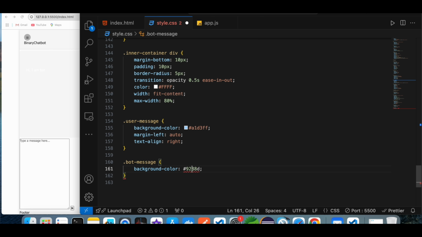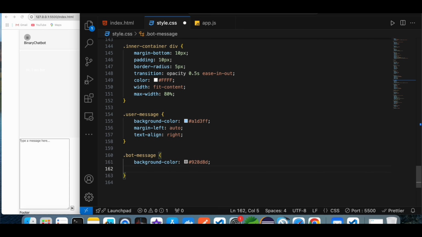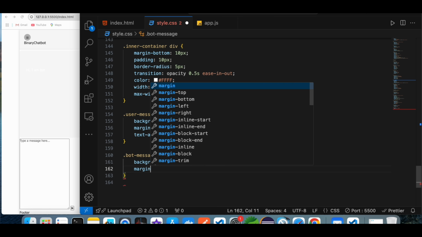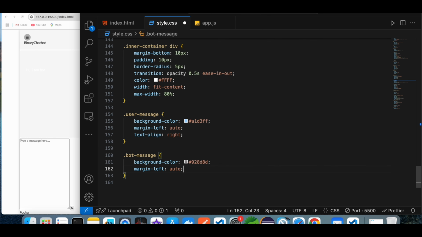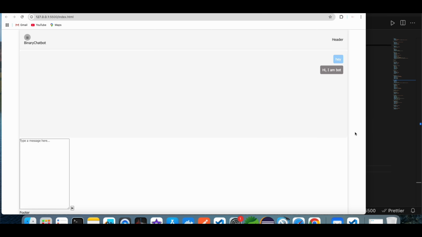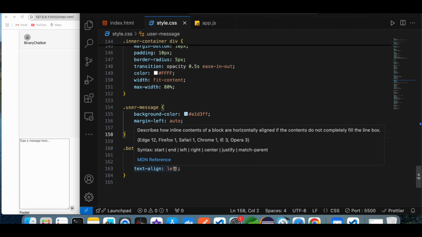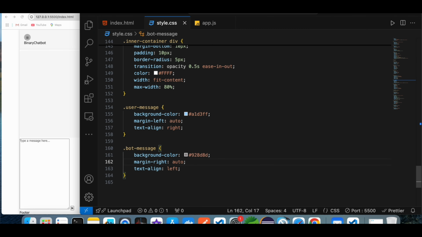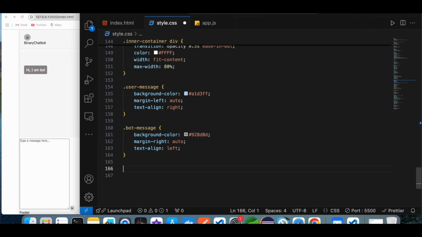and the second one is the margin, margin right auto. Text align I want left, but still it is visible on the left because of this margin right here. So for user and bot have a different margin, right and left. Okay,